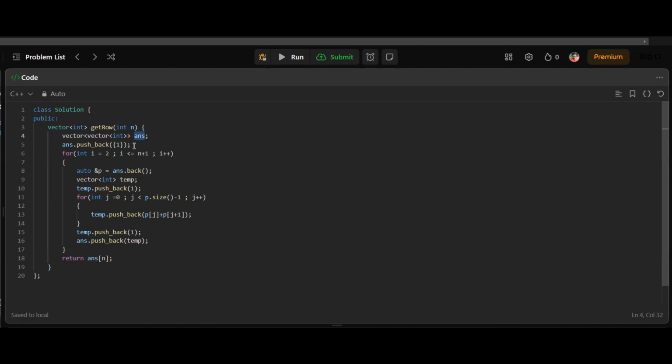At first, we have to put 1 into our resultant vector and we have to run a loop from 2 to n plus 1. And for inserting each of the row, we have to make a copy of the previous row of this Pascal triangle. After that, we have to declare a temporary vector. Now, for each of the row, at first we have to insert 1 into the current row